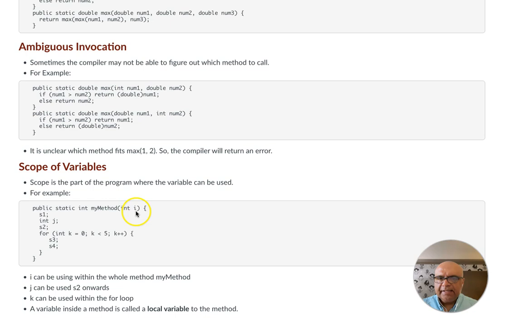So let's take the variable I. Now I has scope or has meaning through the whole body. It can be used. However, j, which is only declared here, only has scope starting S2 to the end, right? It cannot be used earlier than that because it wasn't declared. The variable k, the counter variable or the loop variable, only has scope within the body of the for loop,